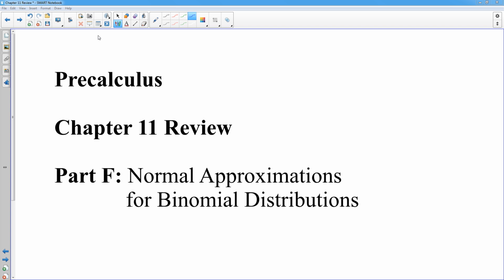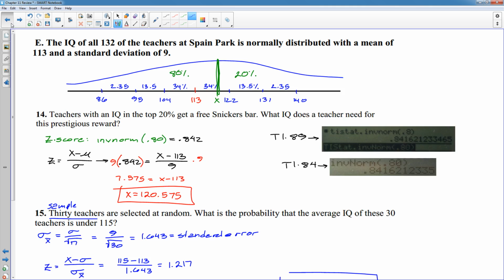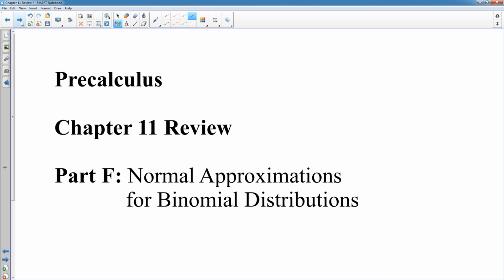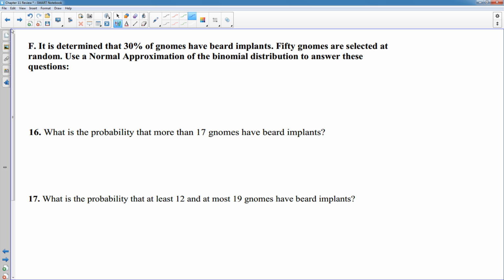Okay, in our final section here, this is using a normal approximation for a binomial distribution. It's very similar to what we were just doing with all this normal distribution stuff right here. What we're doing here is I'm giving you a binomial distribution type situation where we know that 30% of gnomes have beard implants. 50 gnomes are selected at random, and then it asks you to use a normal approximation